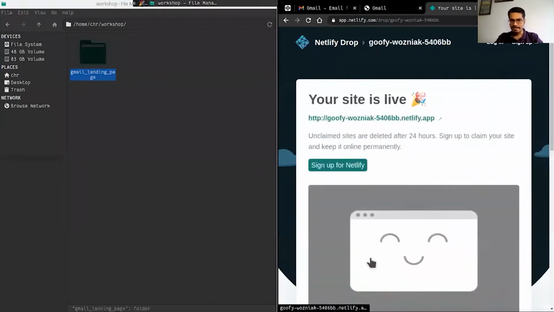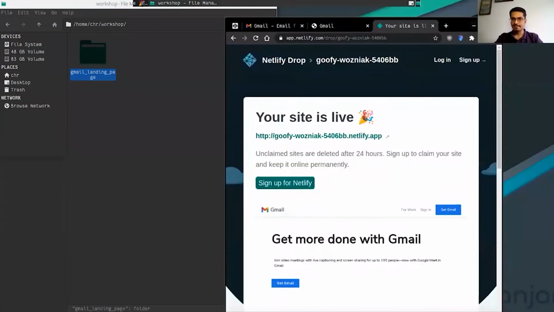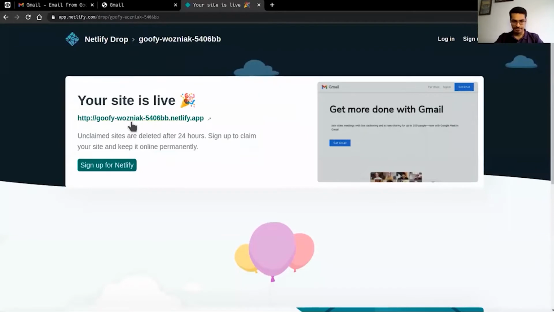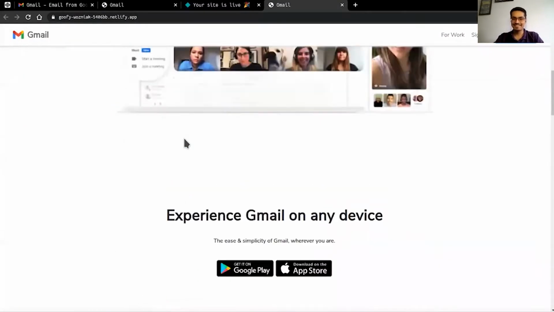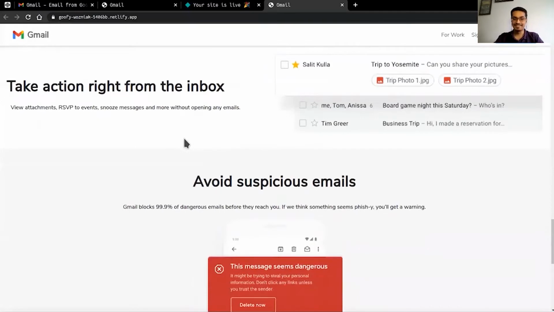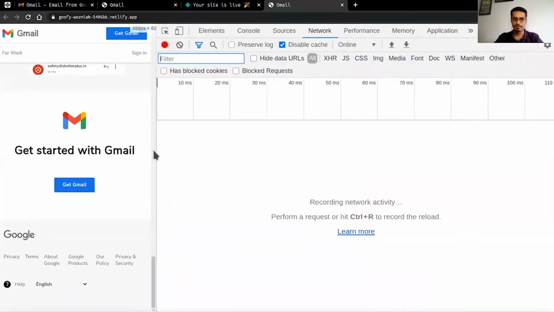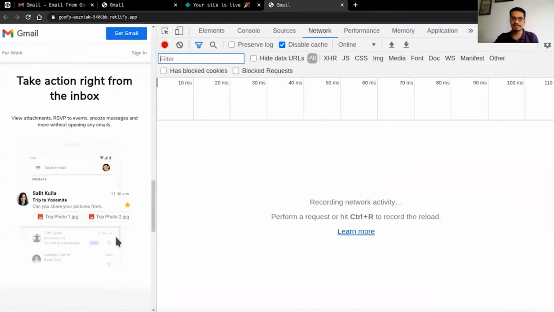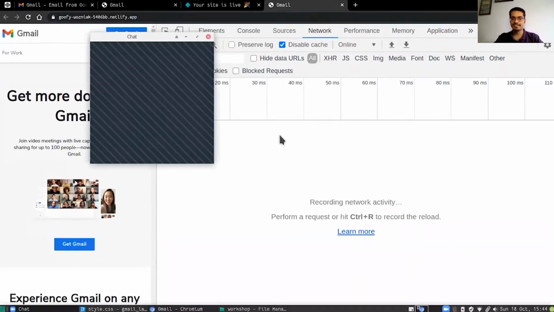Netlify is going to take the code that you just gave it and give you a URL, and when you click on that URL, there you go. That's your website, guys. That's what we stuck around to build today. If you watch it on mobile, again, we optimized it for mobile. There are a lot of responsive queries that you have to write to get it to look nice on desktop. But on mobile, notice that I'm actually going on this page here.